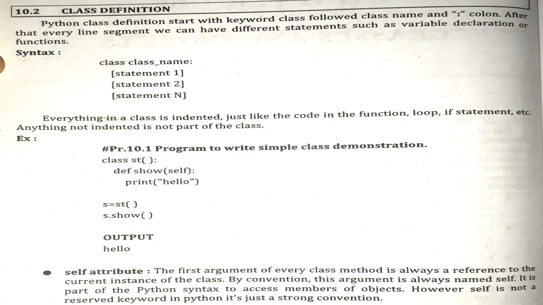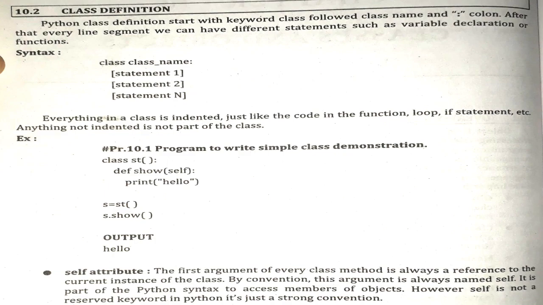And why is it an object of a class? Because after s equal to, we have written st in round brackets. So we are indirectly calling the constructor. As we have learned in other programming languages, if we put round brackets, that is parentheses, after the class name, that is considered a constructor. Because of this sentence, the default constructor will get called. So s equal to st is the way to create a class object.